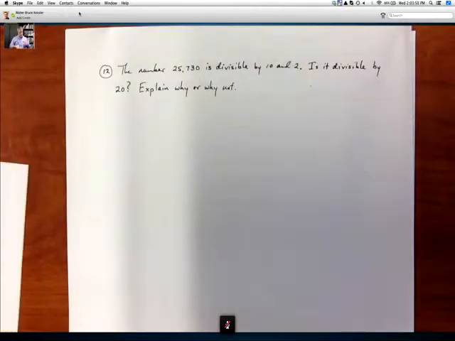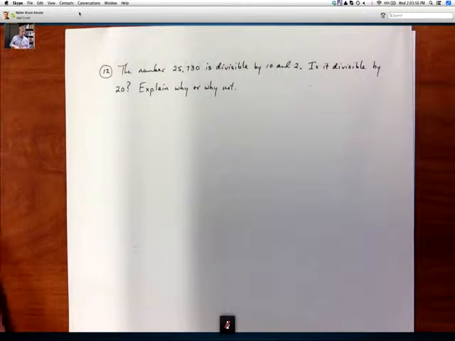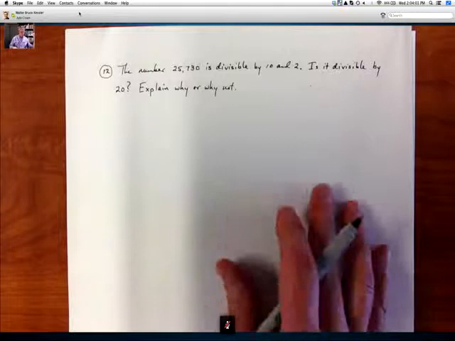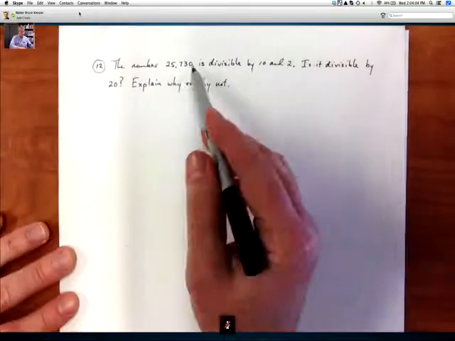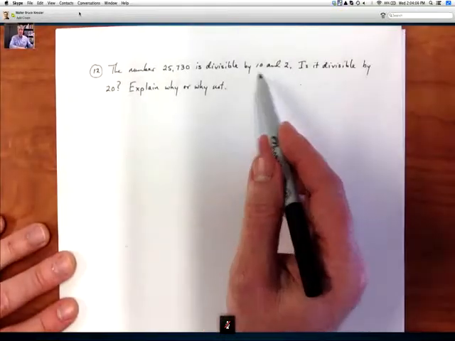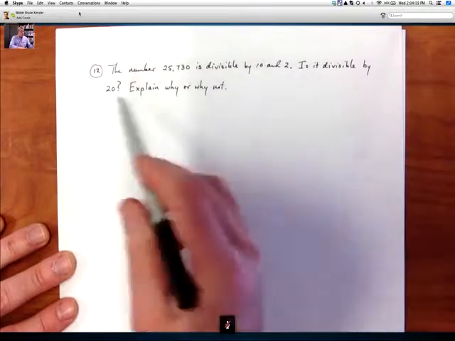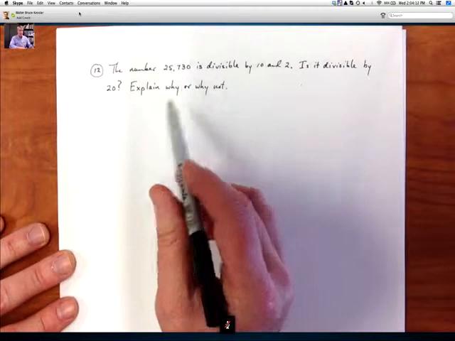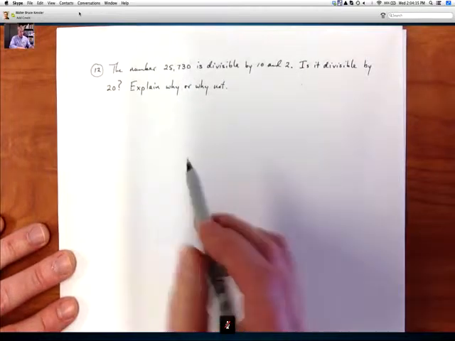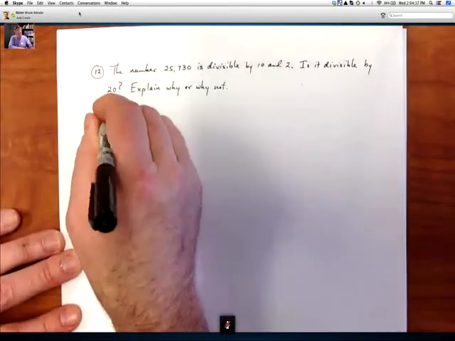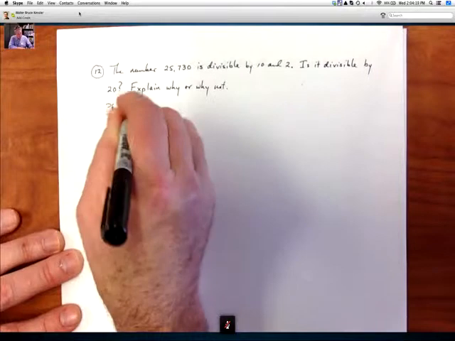The number 25,750 is divisible by 10 and 2. That is true. You got a 0 in the last digit, so that's divisibility by 10 and divisibility by 2. Is it divisible by 20? Well, I think you can look at it and tell it's not, but let's explain why or why not. Okay, so I would say something to this effect. Note that